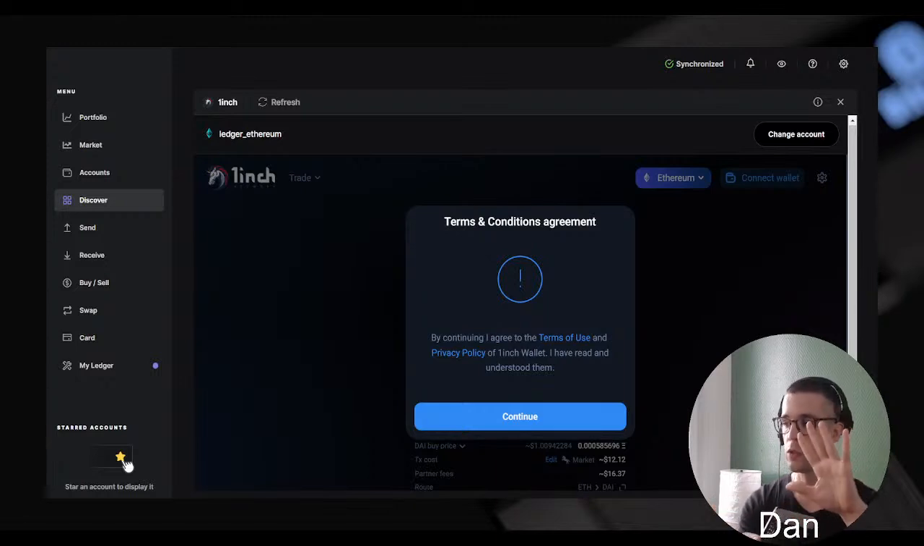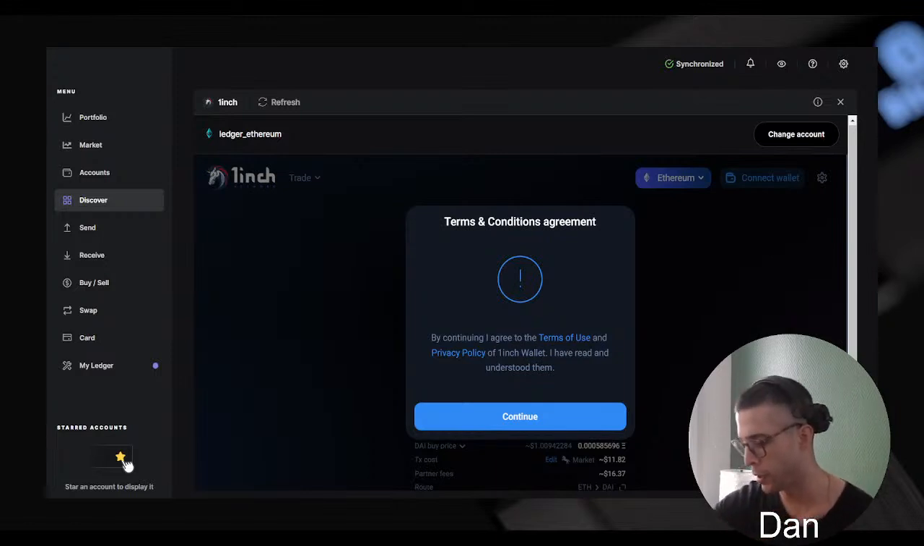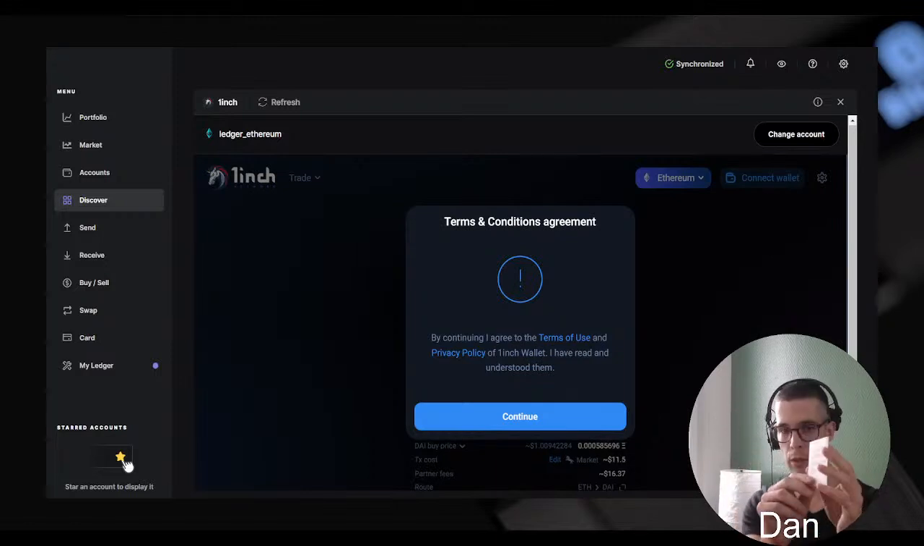Actually, the crypto is not stored on the device per se. It's the private keys to the crypto that exist on the blockchain that are stored in your Ledger device. Now, the private keys are represented by your 24-word recovery phrase, the one that you wrote down when you first initialized the device. You should never share your 24-word recovery phrase like I'm doing right now, because anyone with